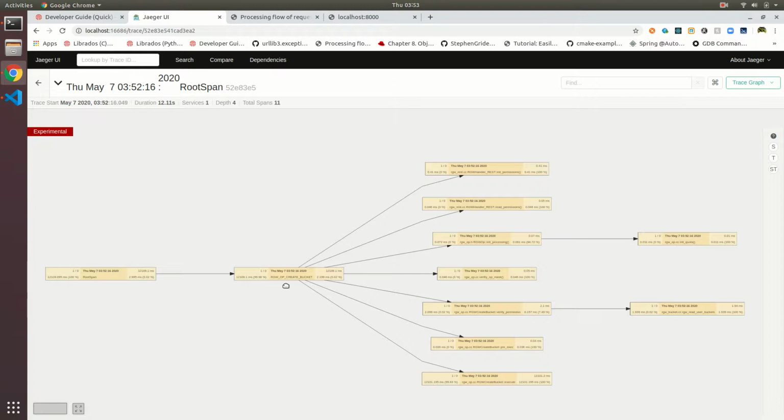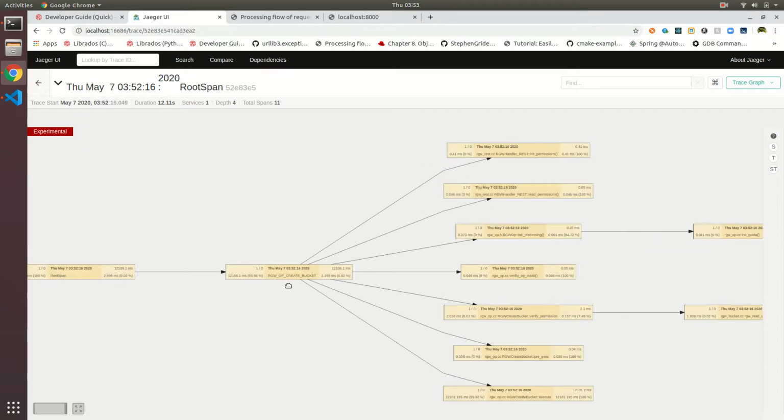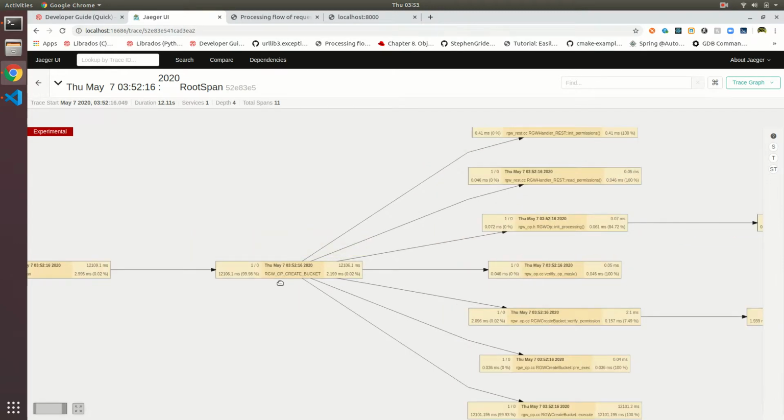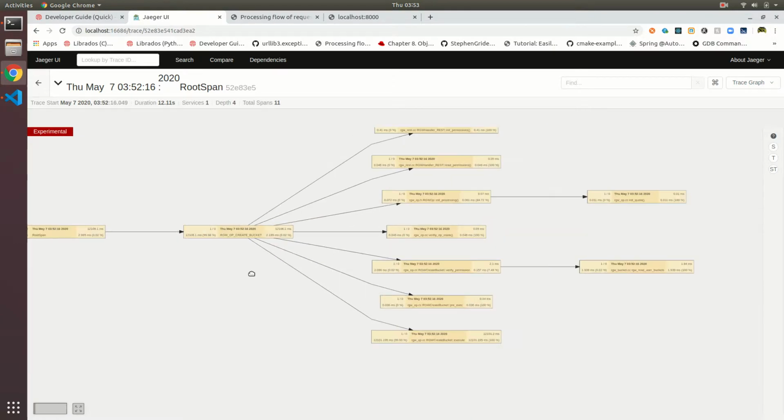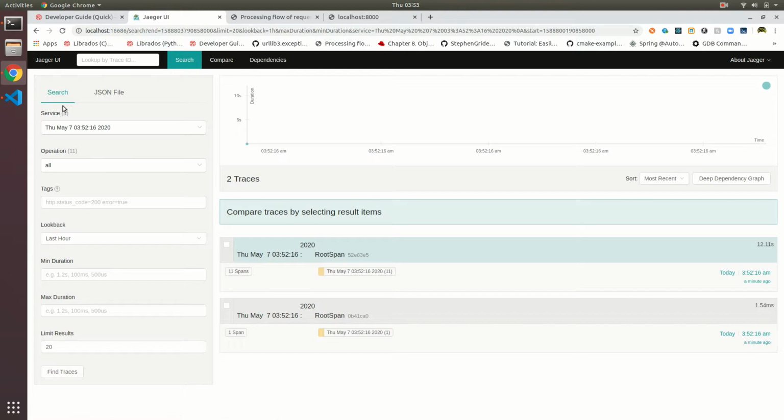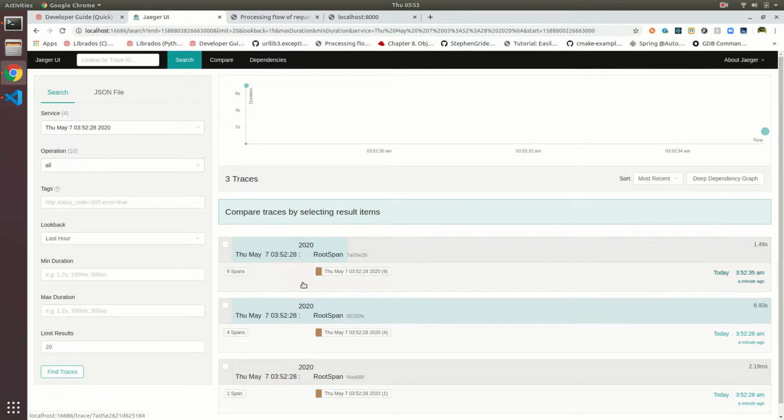The first is it will create the bucket if the bucket is not there. So this is the span of creating the bucket. Then if I go there, this trace will show me the put request.